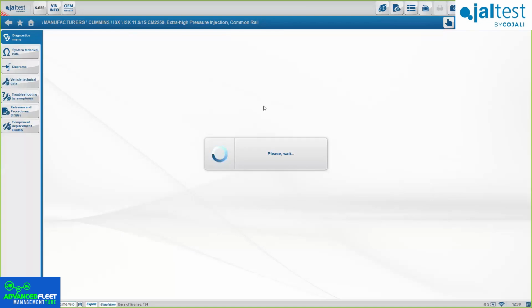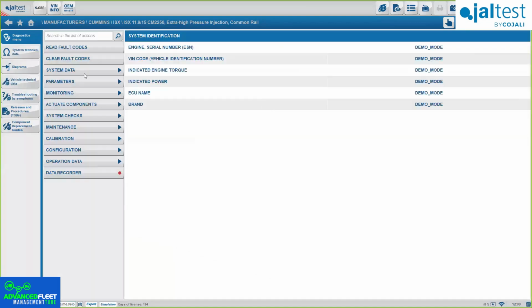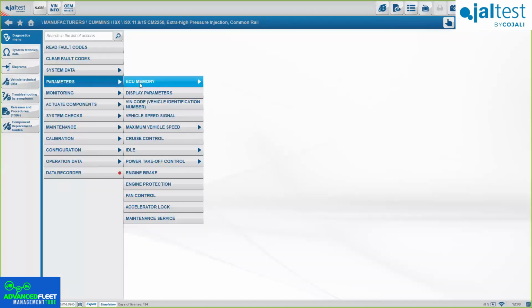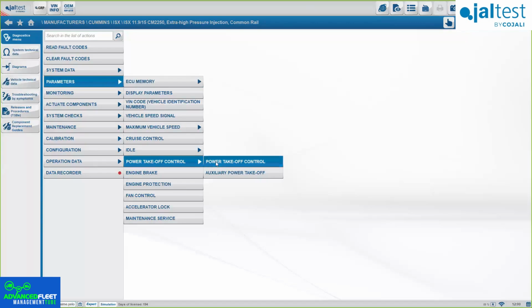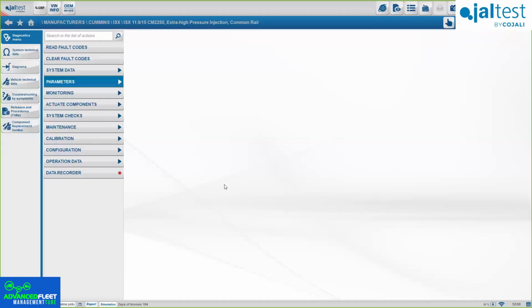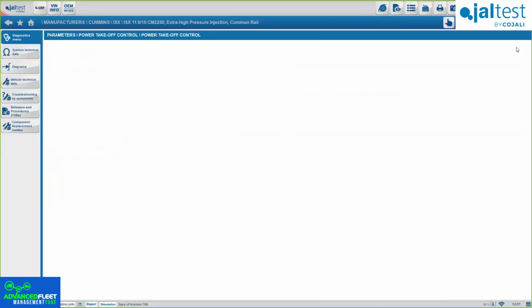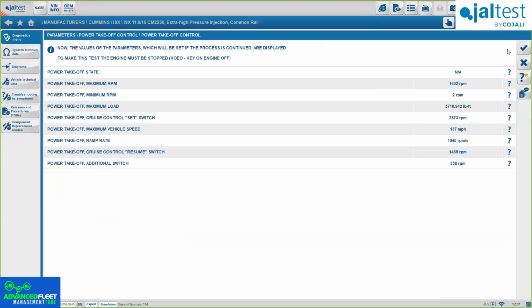Normally you see here, under the parameters. One second, because the horsepower is something that sometimes we cannot change, again always depending on the engine. I don't think this is one of the cases.